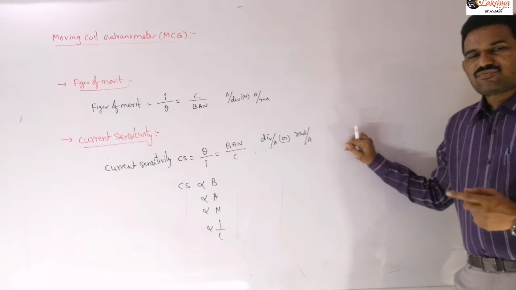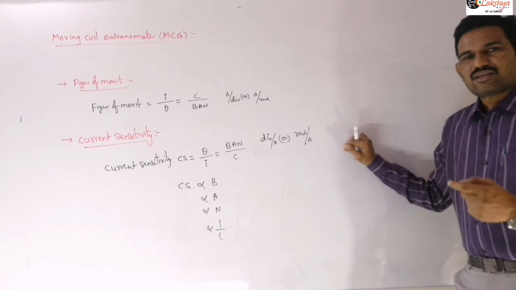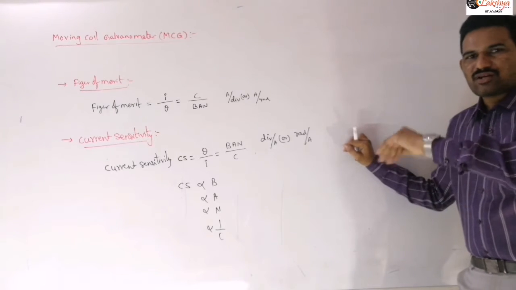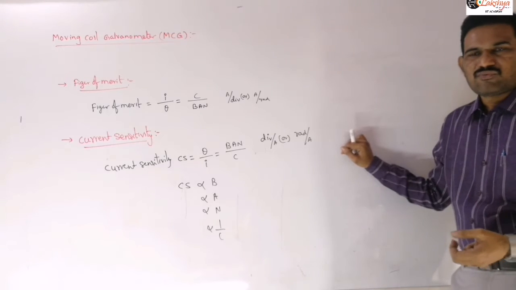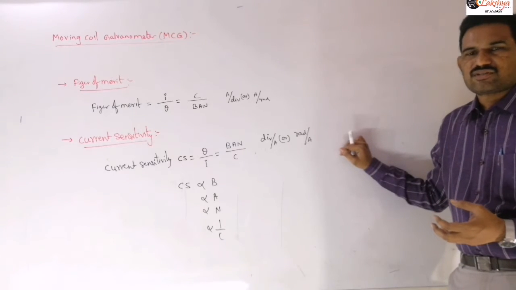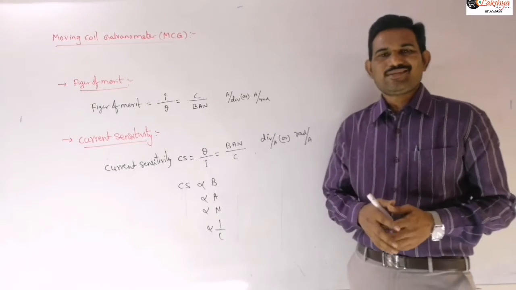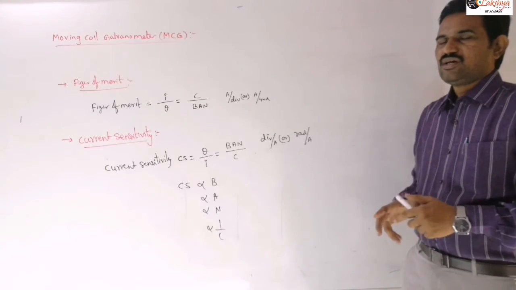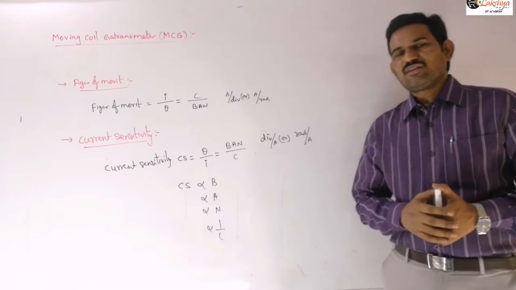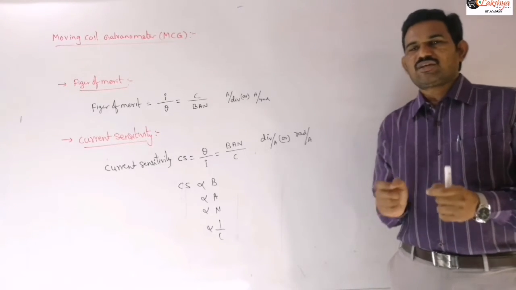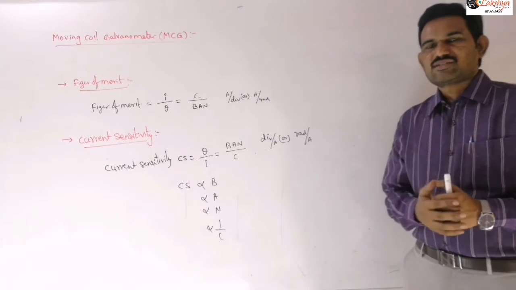And the next one is, if you want to change the C value, that means if you want to decrease the C value, as I said in the beginning, we need to change the wire only. We need to remove that wire and connect another wire. That is also another process involved. That means we need to do some changes in the operators itself. Whereas the number of turns you can change easily there. In the operators, if you observe a practical galvanometer, there will be just some connection points. If you are connecting at different points, automatically the number of turns will change in that coil.